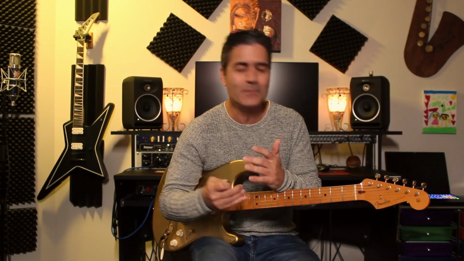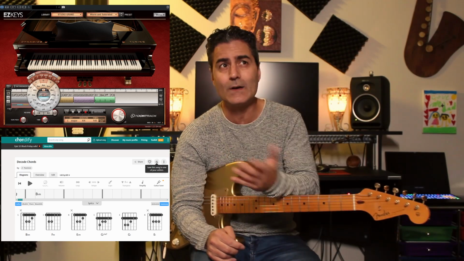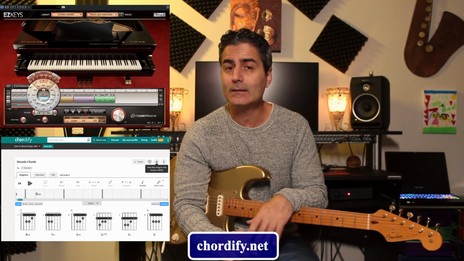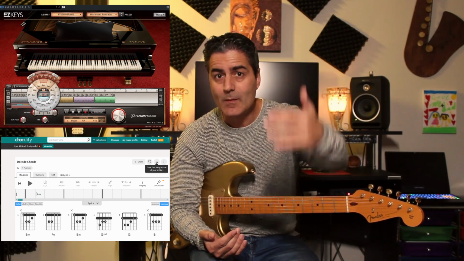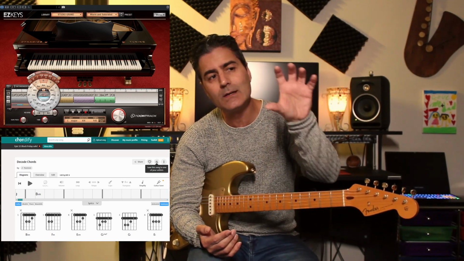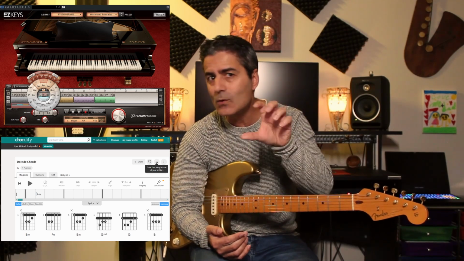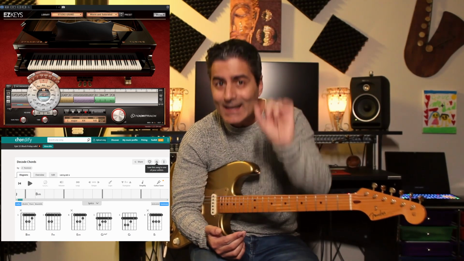The key is to take action and to actually pick up the guitar, pick up the piano, pick up whatever instrument you've got. Now, if you don't have an instrument, you can work with software. There's a lot of software out there like we saw with Easy Keys. Easy Keys is amazing. Chordify is another one that's pretty amazing. Chordify.com, I think it is. You can upload existing songs or you can search from a big database of songs and it'll give you the chord charts of those songs, and then you can actually edit.